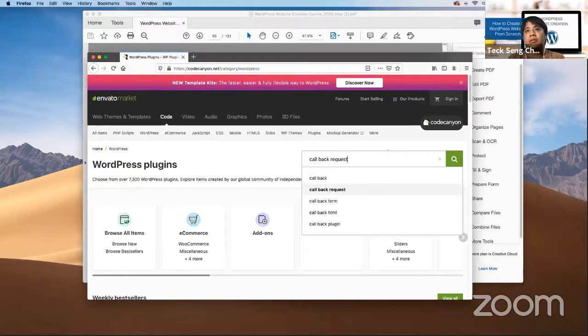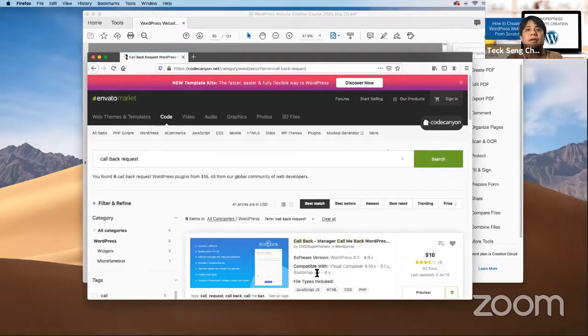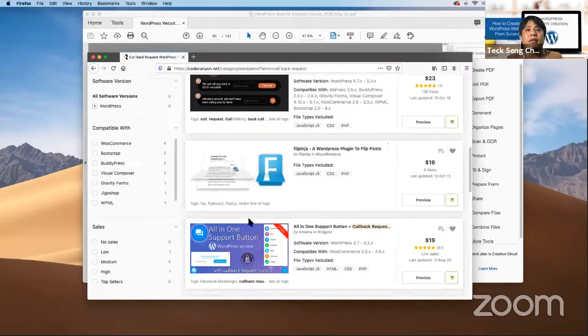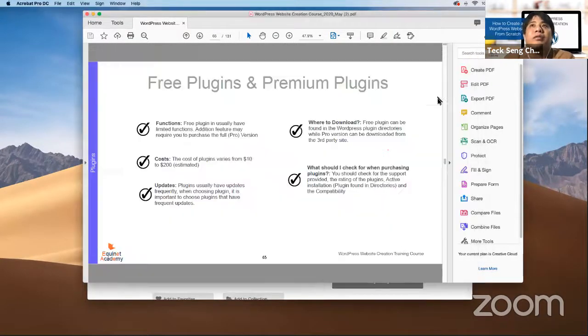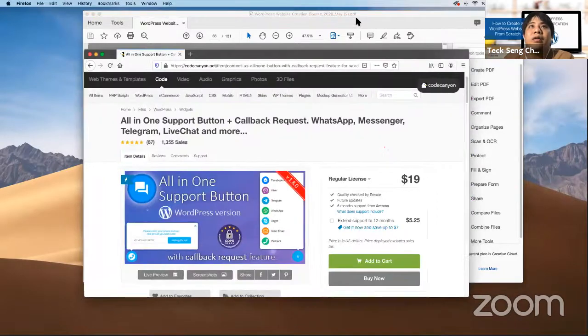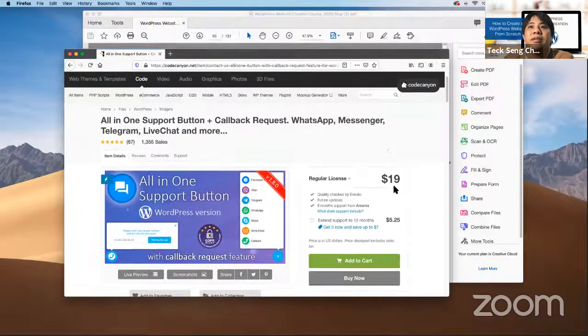And I have this plugin that says all-in-one contact button. Now the price you see here, the $19, this is a one-time fee. However, it comes with only 6-month support.